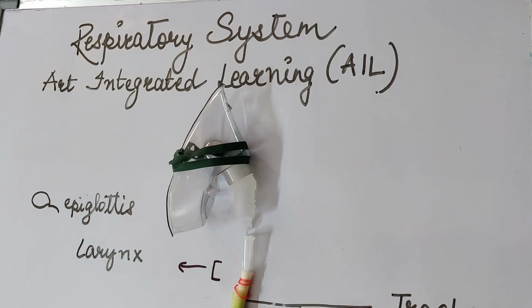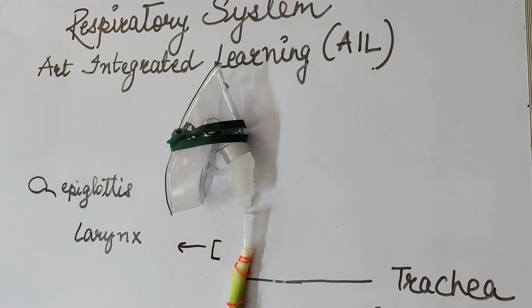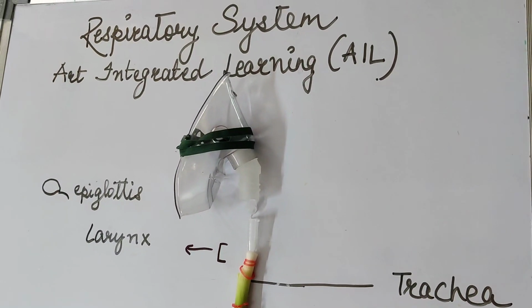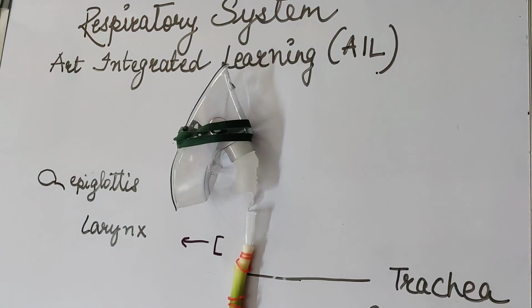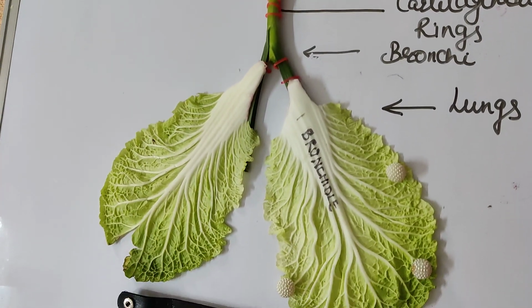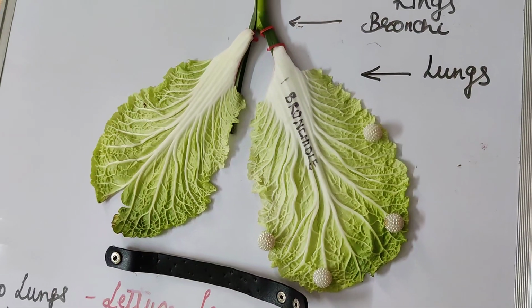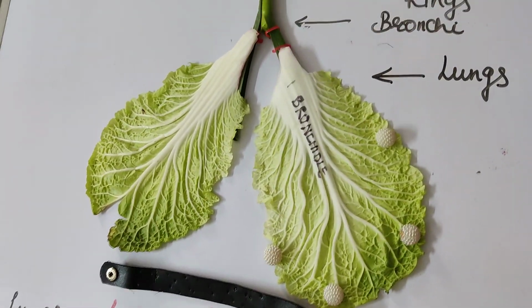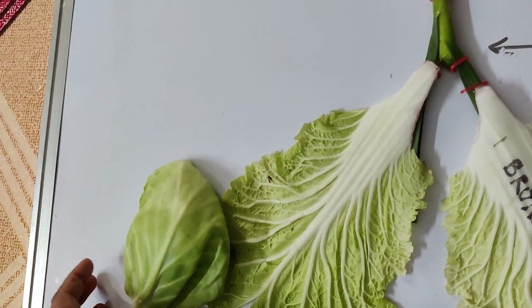So in this regard, again I'll emphasize, we prefer not to waste anything. The project and the display should be a zero cost one. So in this regard, we have taken today a pair of lettuce leaves. It has been lettuce leaves because I think cabbage leaf was also there, and it was rather better. I was trying to get this cabbage leaf because it is a more prominent one.